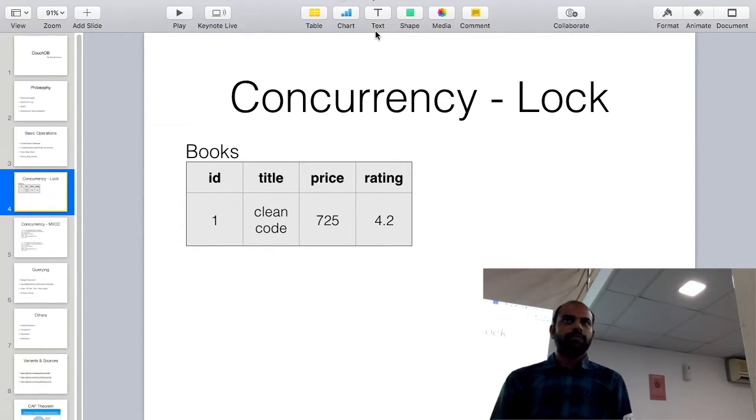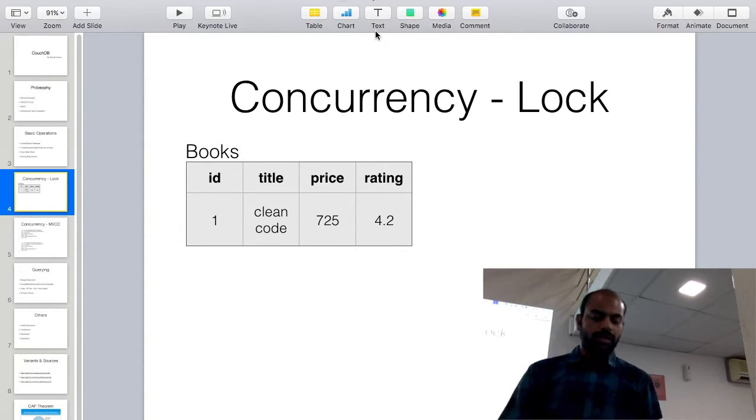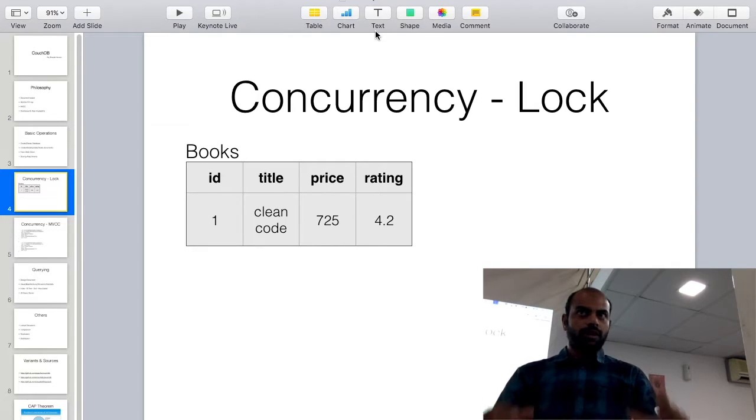At that time, we should make sure that data is consistent and not corrupted by write and read operations. So in a relational database, they acquire a lock,